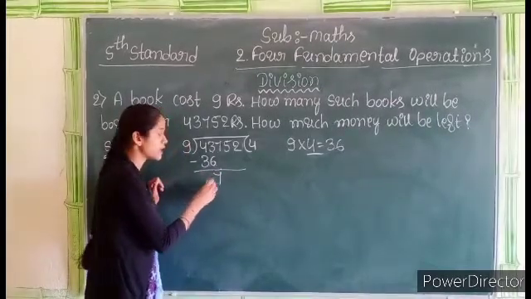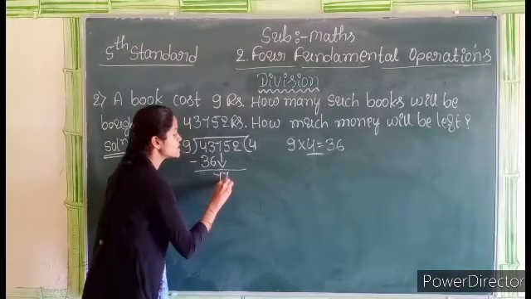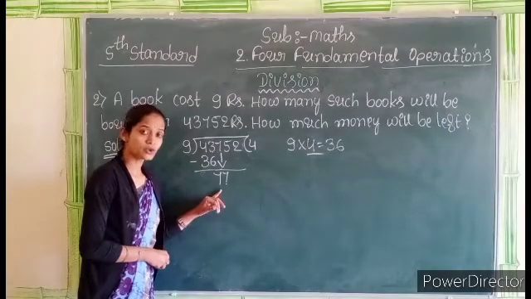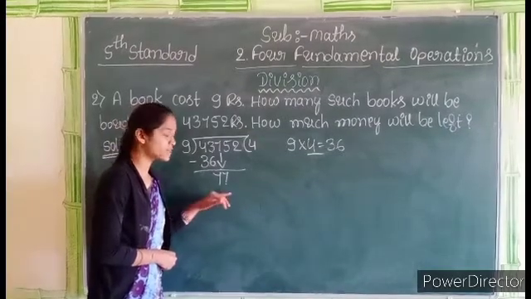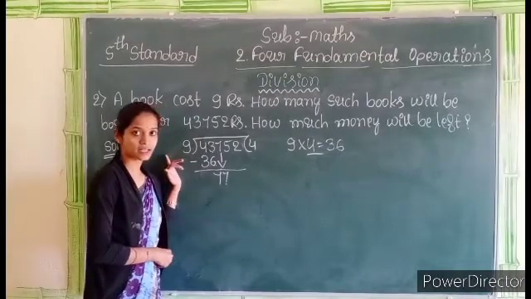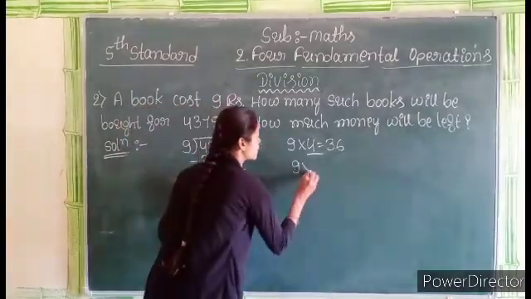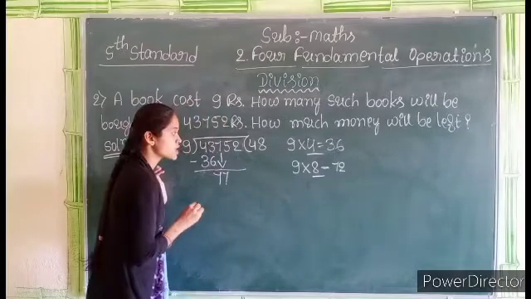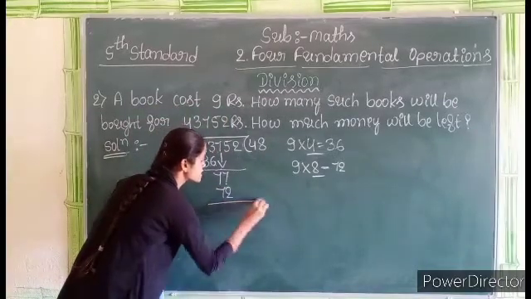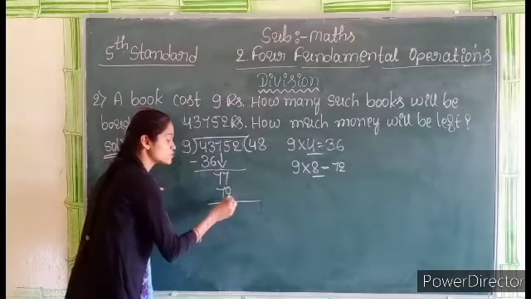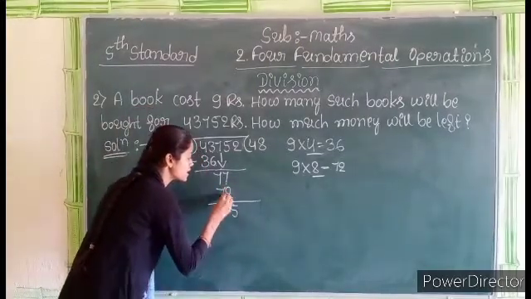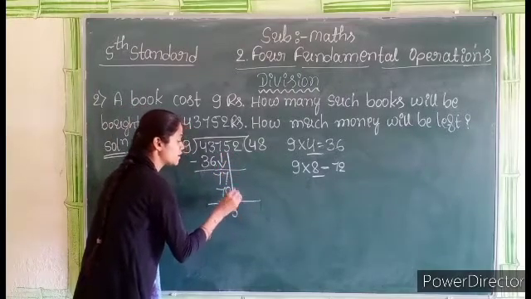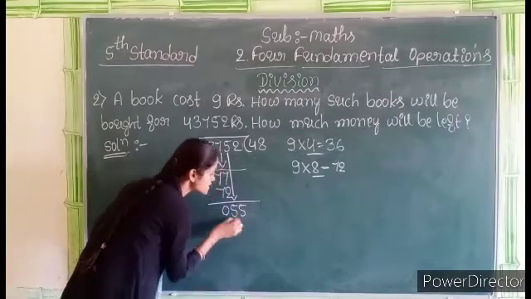Now we have to bring down this 7. 77. 77 is now considered as the dividend. Okay, 72 is the nearest number to this 77 in the table of 9, that is 9 8s are 72. 8 should be written in the place of quotient. 72 should be written below this 77. 7 minus 2, 5. 7 minus 7, 0. Then now we have to bring down this 5, and 5 should be written on the right side of this 5.